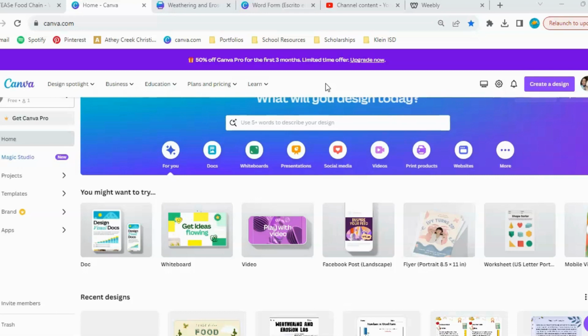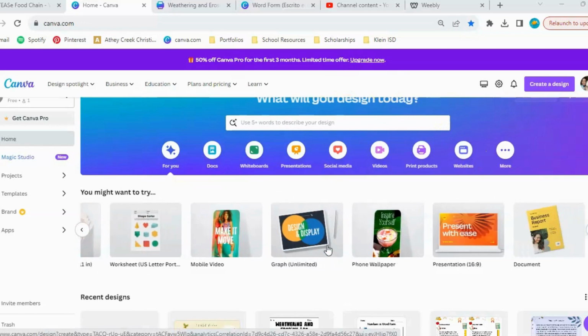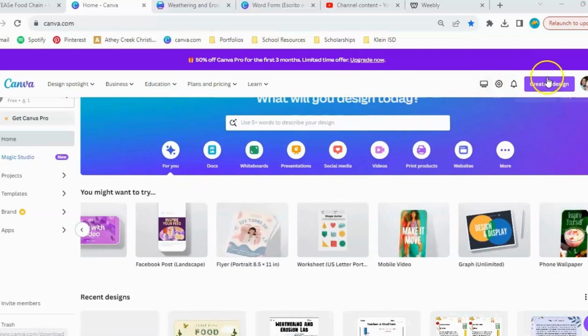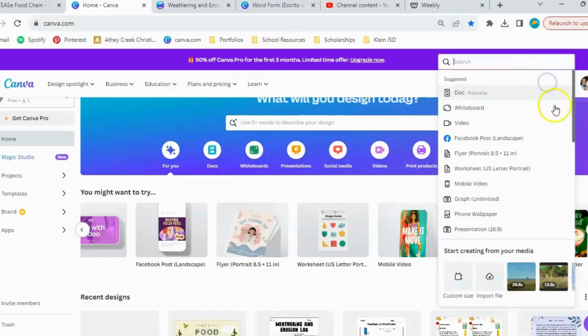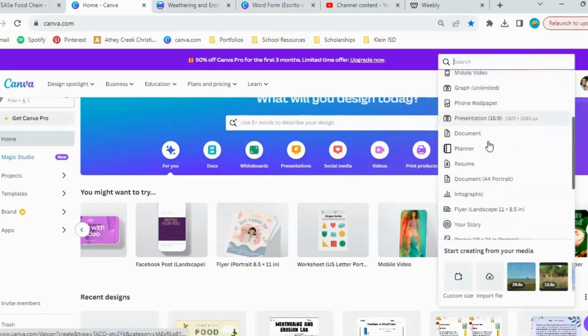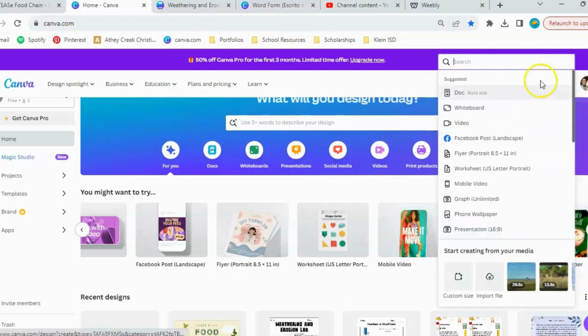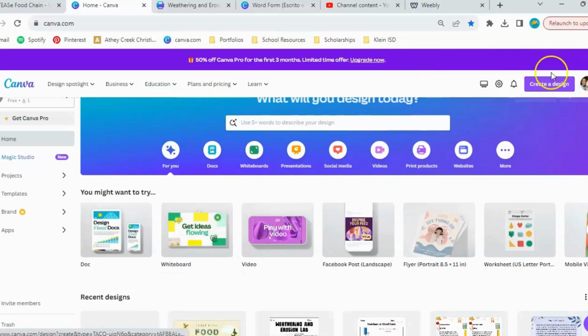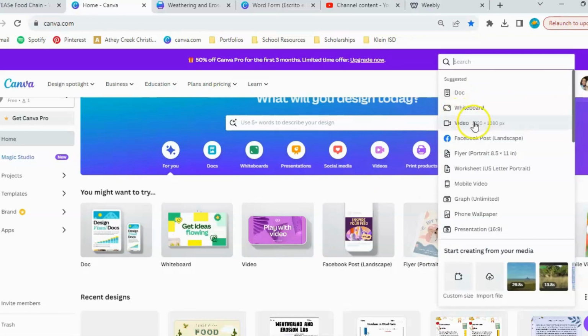And whenever you want to create a design, you do not have to start from scratch or from zero because Canva already has many templates for you to choose from. To create a design, you can choose from one of these options displayed on this tab, or you can start here and create a design, choose what you want to do, and that's it. So for today, I'm going to start off with a video,